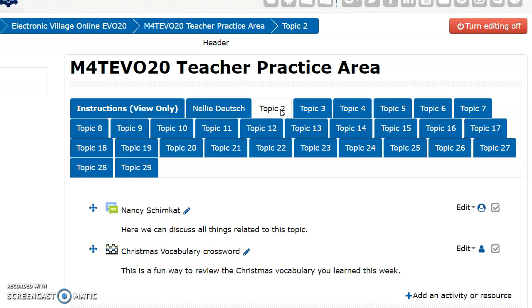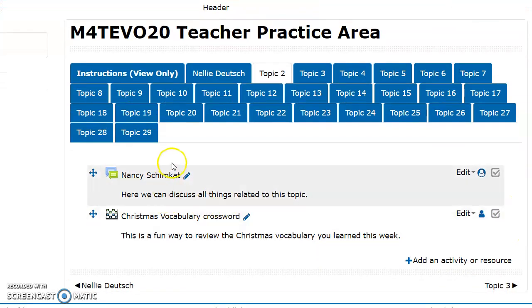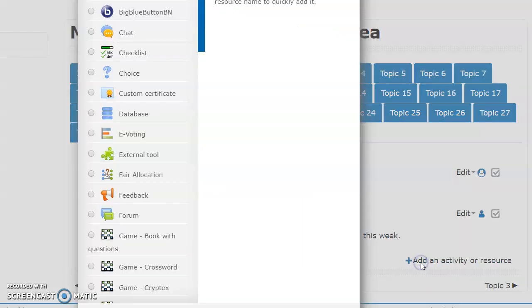So here I am. I've got topic 2. I've actually already added a couple of activities to it, a chat and a Christmas vocabulary quiz. And I have the editing on, so I can go into it and edit these if I want to. But let's add an activity and we'll look at everything that is in there. So let's go there. And here you see